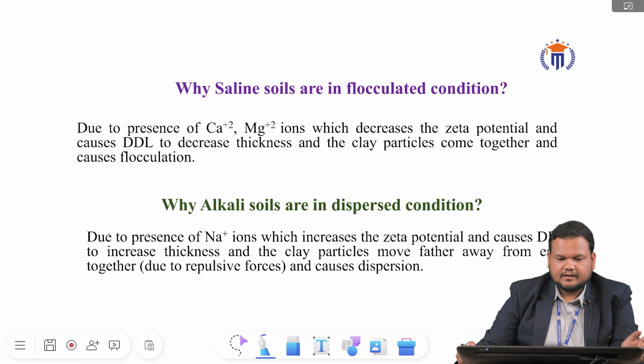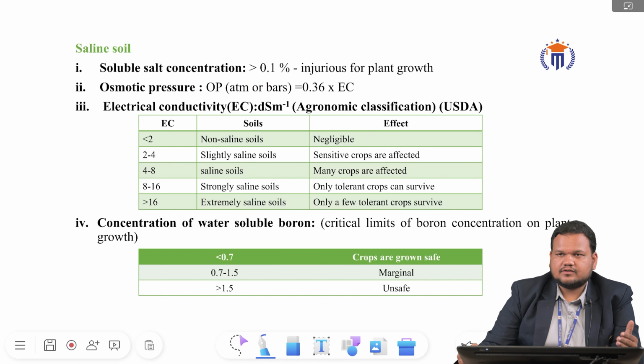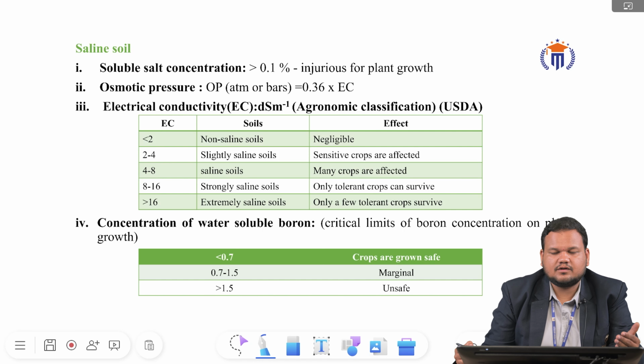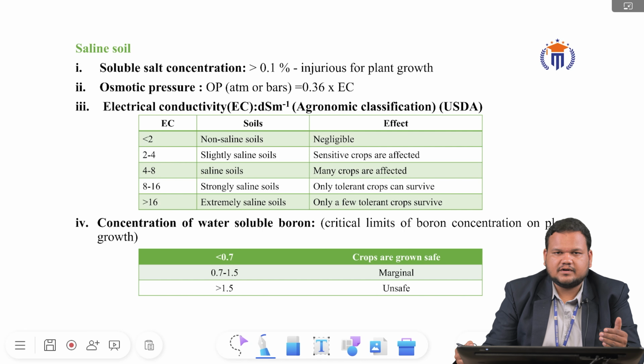Okay. So next, coming to your saline soil. These are the characteristics by which we can say that the particular soil is a saline soil. The soluble salt concentration, that is your TSS, total soluble salts. If the TSS is more than 0.1%, it is highly injurious to plant growth as it causes osmosis reduction, which indirectly decreases the plant growth, leading to death of the plant. Next is your osmotic pressure